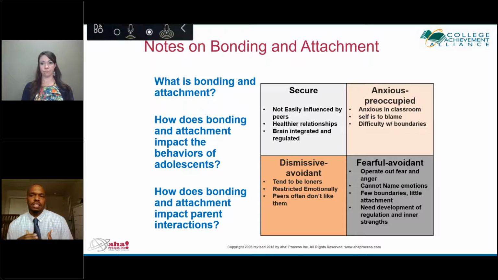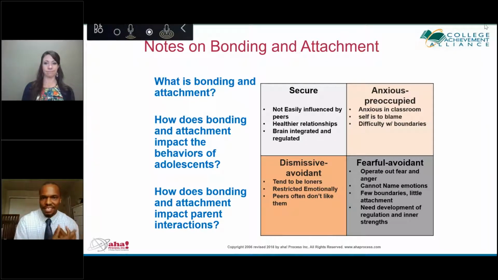When you have someone who's anxious and precarious, or just kind of moving around and preoccupied, what's going on is they're more susceptible of going with the majority group, I should say. They're more susceptible in trying to receive attention, and they're going to do what they think is necessary for them to be accepted within their group. And so what it means by that is, they're in the willows and the weeds. They move with the wind. And so one day they might be really intact and having information, but then they switch to another group, and now all of a sudden they're very difficult to deal with because their boundaries know no bounds, because they're willows